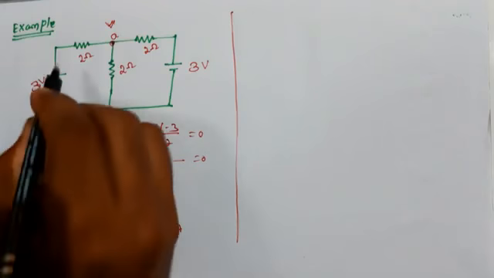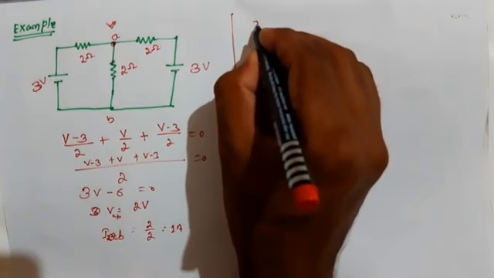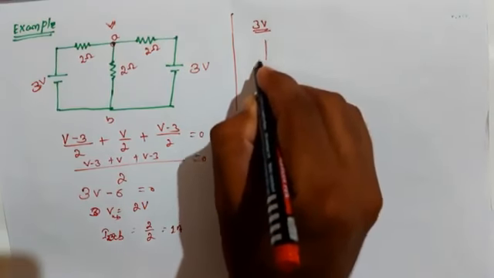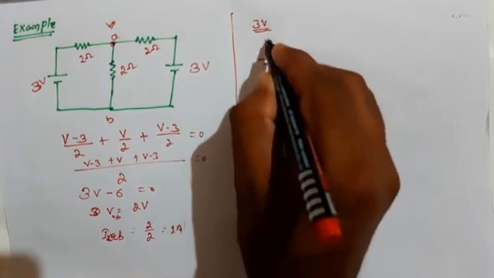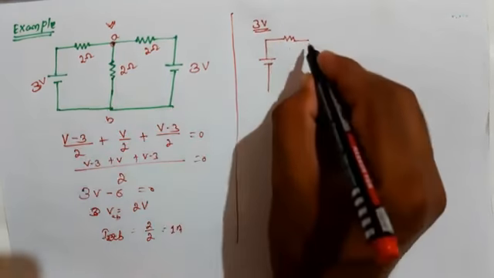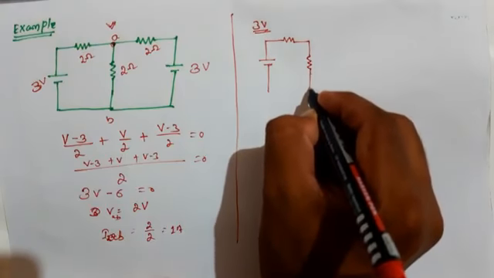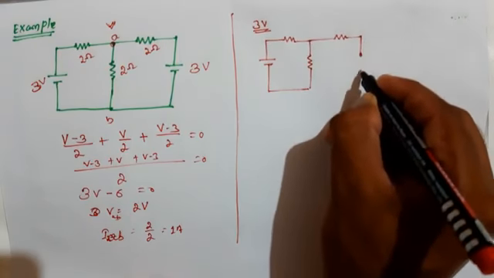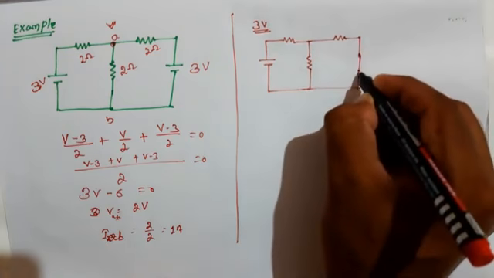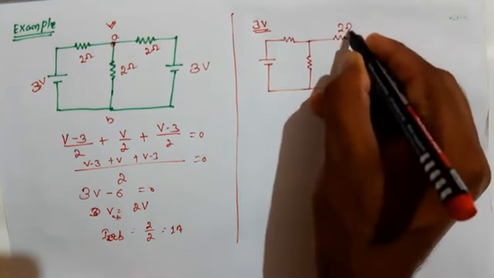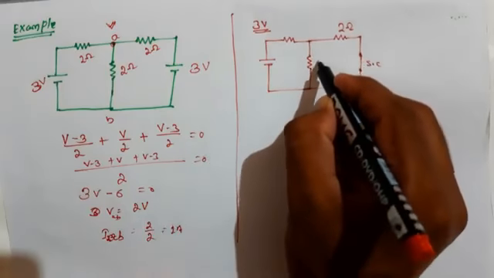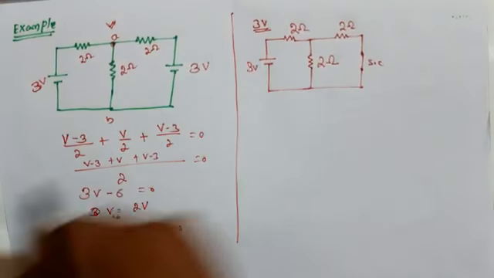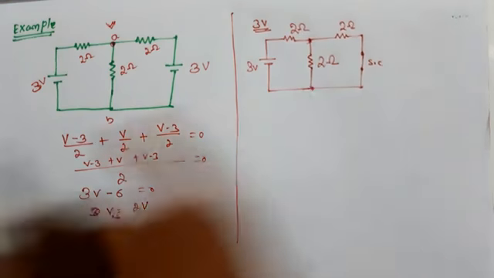Okay, here first we consider this 3 volt. There is the same resistance, so when you consider this 3 volt, the other should be replaced by its internal resistance. We consider an ideal source, so that it should be short circuited. As usual 2 ohm, this is 2 ohm, this is 2 ohm. Okay, this is 3 volt.